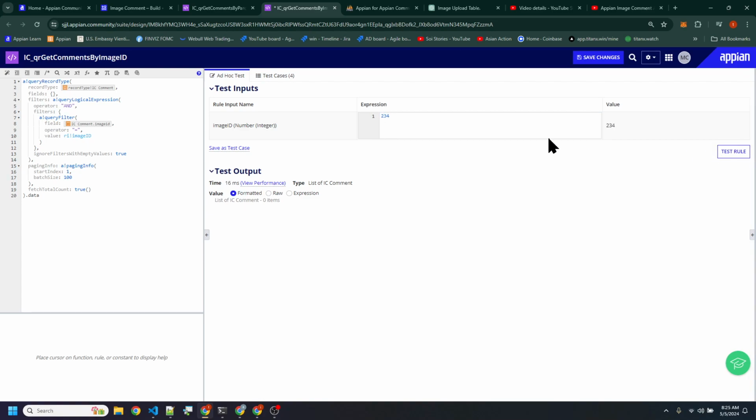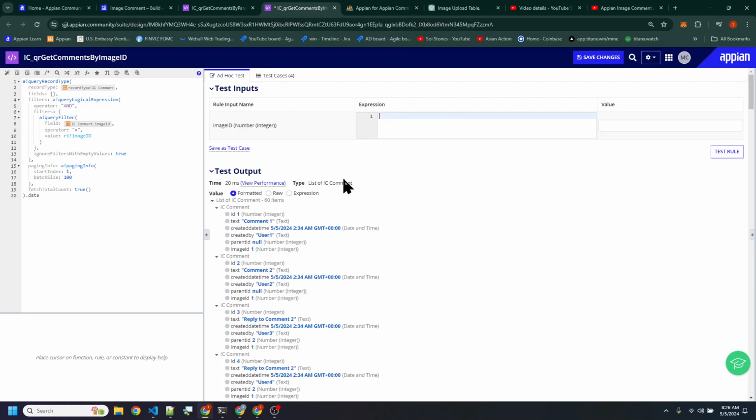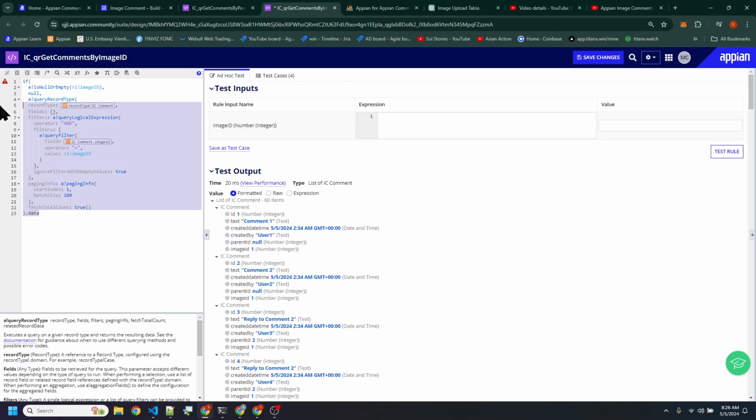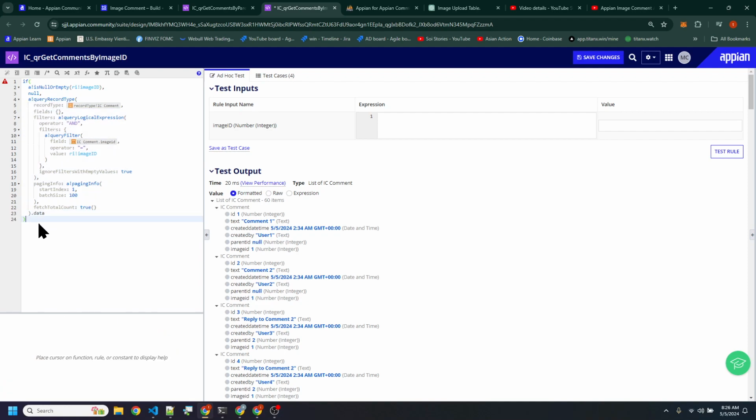Here, nothing. Even if we leave it blank, nothing. Well, look, if we leave it blank, we don't want it to just continuously pull data in like this. We don't want that, right? You have to provide an image ID. There should be nothing here. So we're just gonna throw if image ID is null or empty, and then we're just gonna return a null here. Okay. And then here we'll make the corrections, and then boom, test.